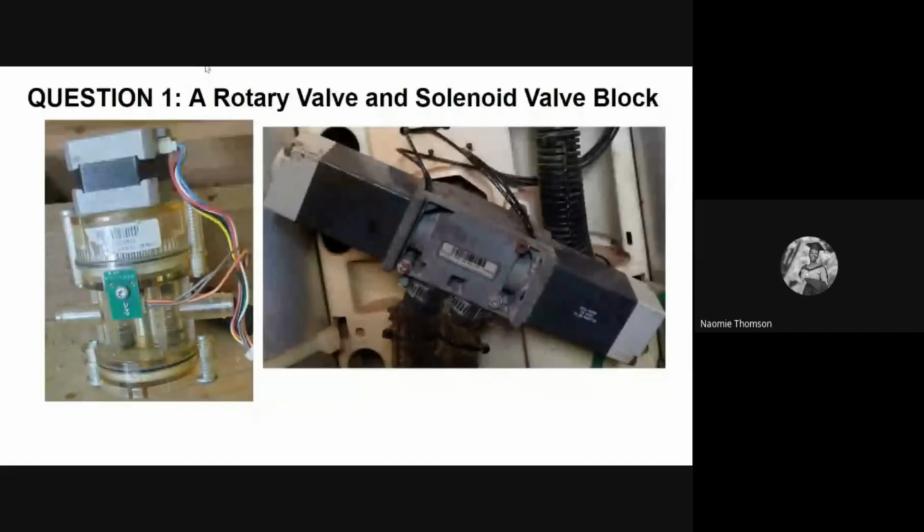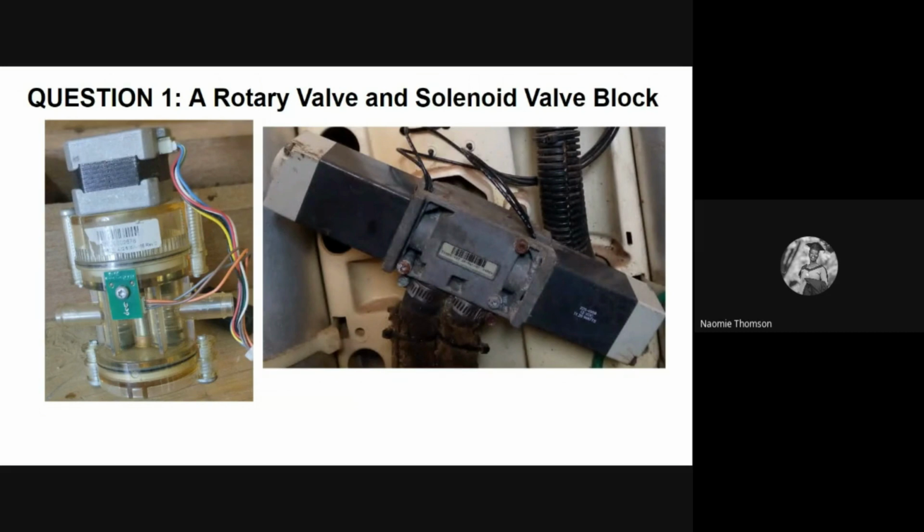The earlier versions of the DeVilbiss 525 had a solenoid valve, but the newer models make use of the rotary valve, which opens and closes to allow the air to flow either from the compressor to the sievebed or from the sievebed to the exhaust of the concentrator. Even though the solenoid valve block and the rotary valve differ in their physical appearance, their working principle and their function are the same. Both valves are powered by the control board in the concentrator. In the graphics, we have the rotary valve on the left and the solenoid valve block on the right.